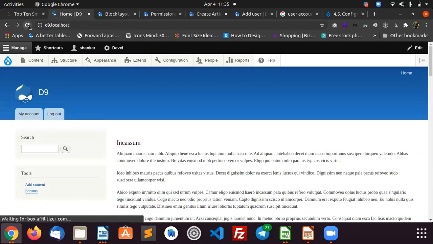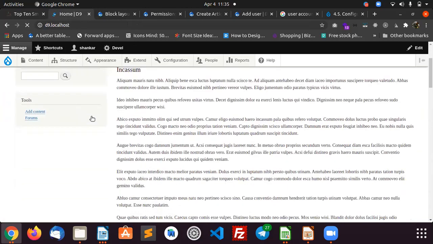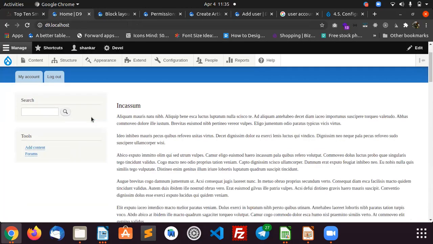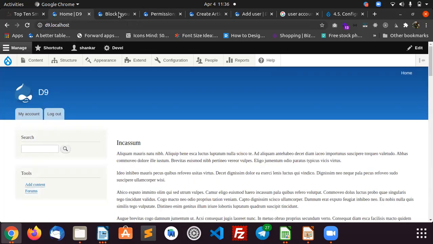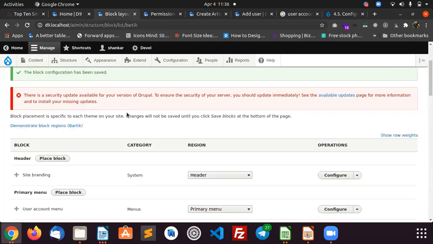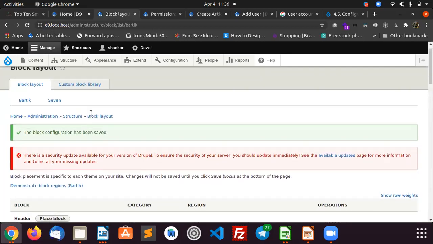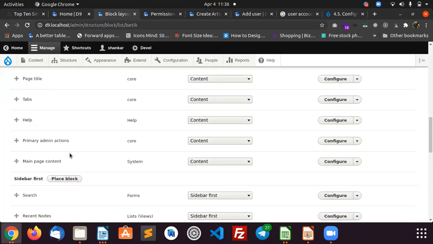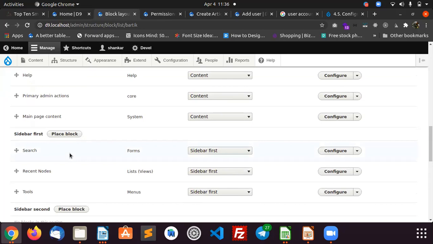Let's check whether the block is entering there or not. Maybe since we created the dummy content, it won't be available. I'm not sure about it. Let's create a basic block. Okay, we can take it as an example.